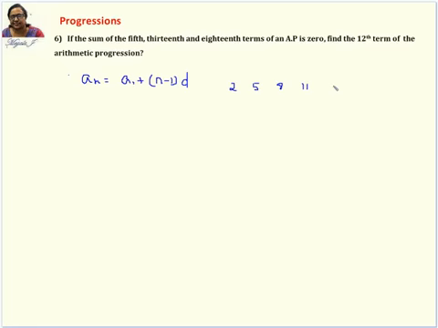14. So all of you know that you're going to just see the difference. The difference there is 3. So every time you're adding 3 and getting that. So the first term you say as A1, the second term is A2, third term is A3, and so on.